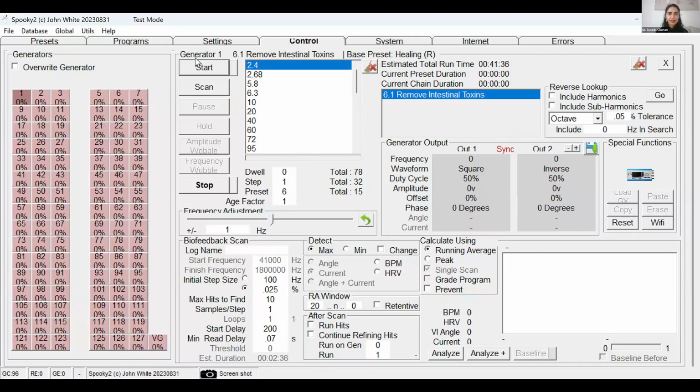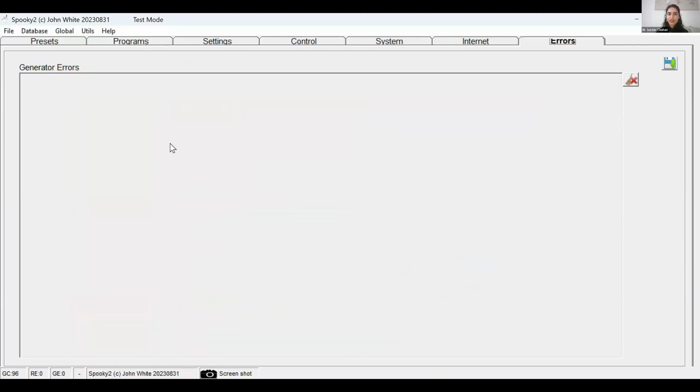Yeah, you don't need to do anything else. And what you might want to look at though is the errors tab while it's running, just to make sure that you're not getting any errors showing up here to show that it's not working. If it's still working like it is right now in my test mode, then you won't see any generator errors, which is great. If you do, then just follow the guidance that's here where it tells you what the problem